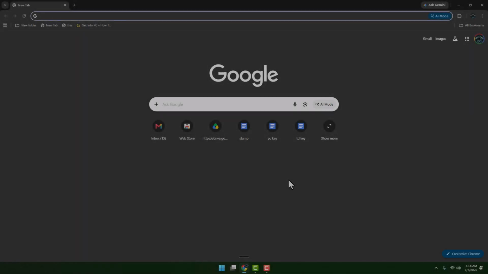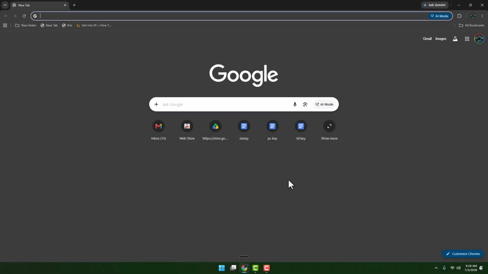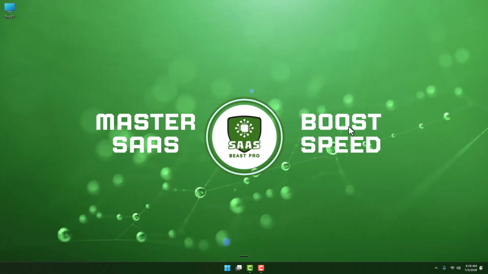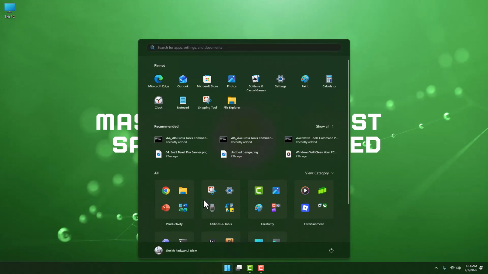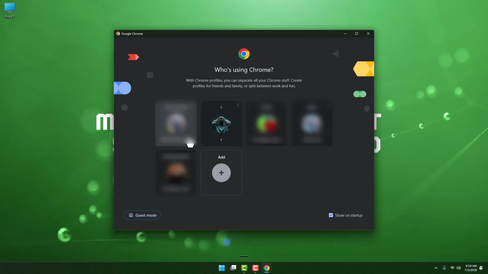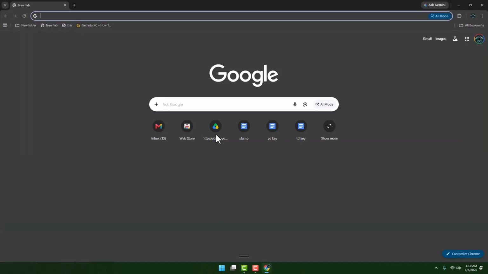The sync paused error in Google Chrome signs you out every time you reopen the browser, preventing your bookmarks, passwords, history, and other data from syncing properly. Fixing it keeps you signed in and also ensures that all your bookmarks, shortcuts, and data are synced seamlessly